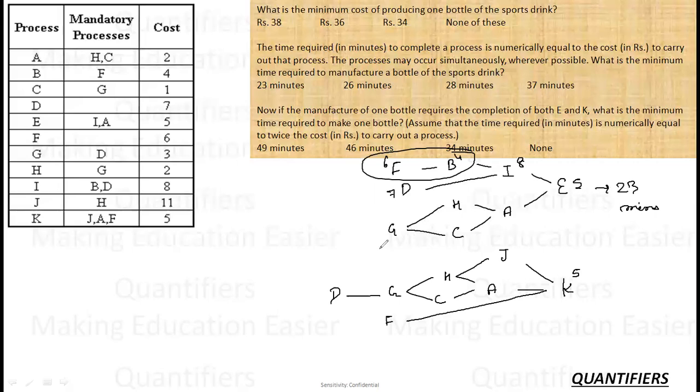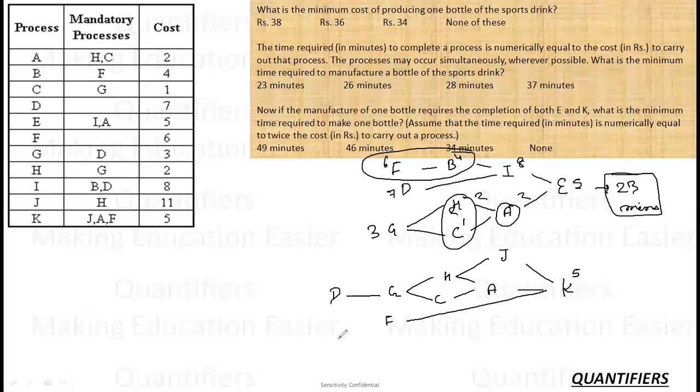For G, the time taken is 3 minutes. Now for H and C, H is taking 2 minutes. C is taking 1 minute. So basically 2 minutes at this stage. 3 minutes at this stage. A is taking 2 more minutes. So 3 to 5 to 7 and 5 12. These will finish early, but since this path is taking a lot of time, my minimum time in this is 23 minutes, right?